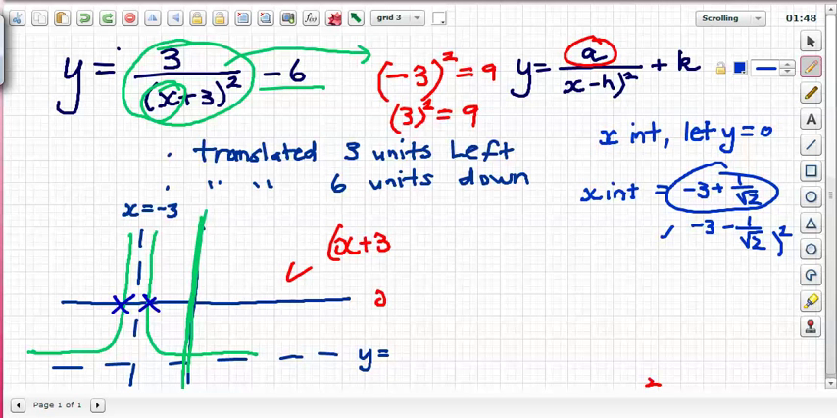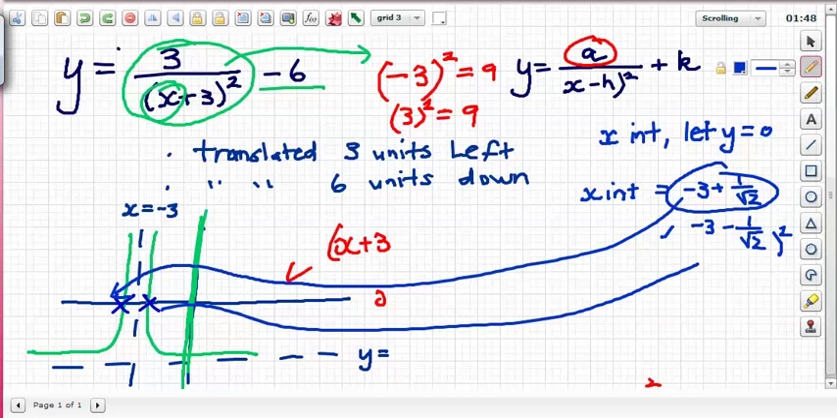All right, if you want to get an idea of how far they are each side of the asymptote, go ahead and work out the decimal. But look, if you were to write these values, this is negative 3 minus 1 on root 2, and this is negative 3 plus 1 on root 2, then that's fine. Obviously, for the y-intercept, then we just let x equal 0. So I'm going to say y-int, we're going to let x equal 0,